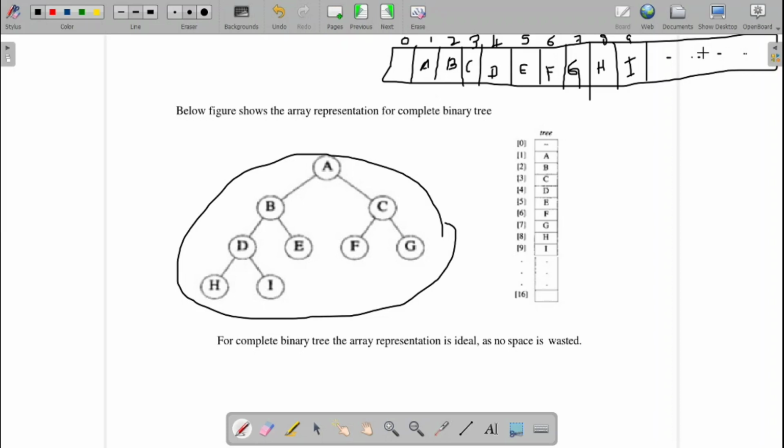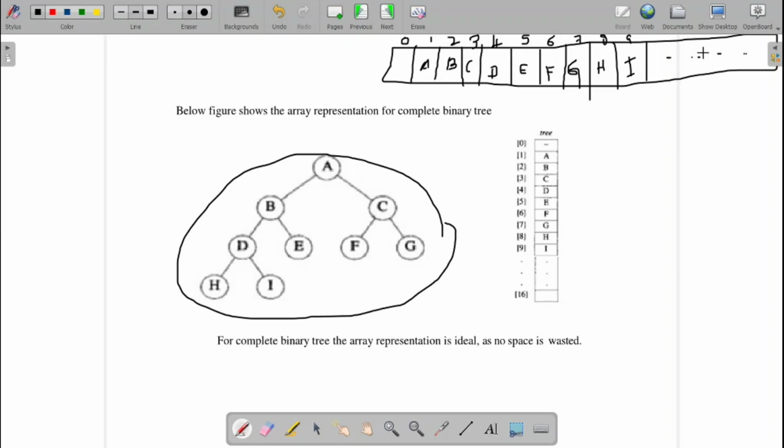If the tree is a skewed binary tree, then most of the places in the array will be left blank. There is a drawback. Depending on the type of the tree, we should design the data structure. So which data structure to go for representing the tree? There is always a question mark.